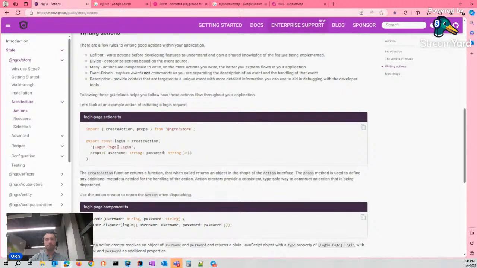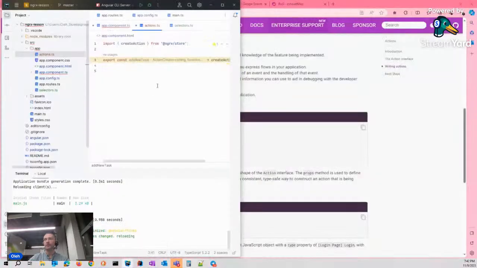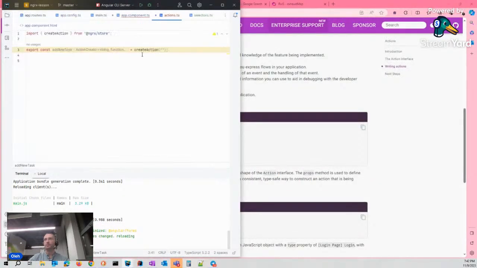The name contains a prefix in brackets that defines the module where this action has to be used, and some name. Our name, the to-do list, for example, and add new task. It doesn't matter what the string is, that's just a convention.